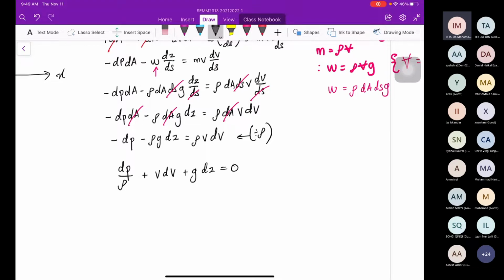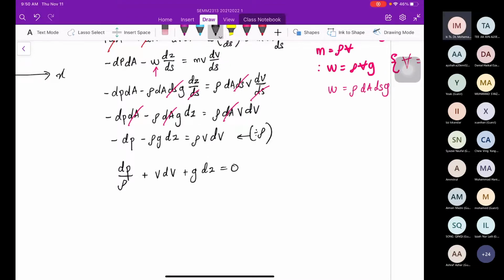Okay, this is applied to one fluid particle. Let's say if we want to apply it to the whole fluid, what should we do? What should we do, class? Any idea? This is differentiation, a very small fluid element. If I want to apply it to a very big pool, so what should I do? Any idea? I need to